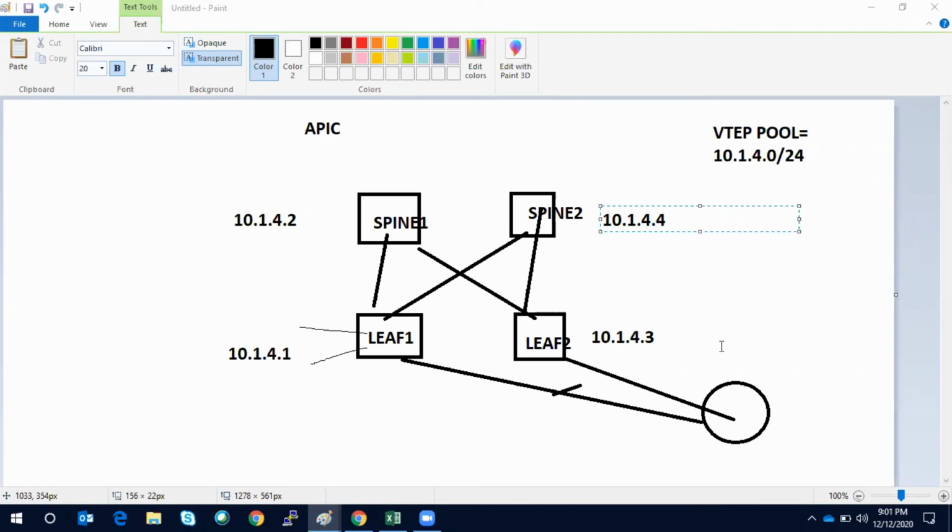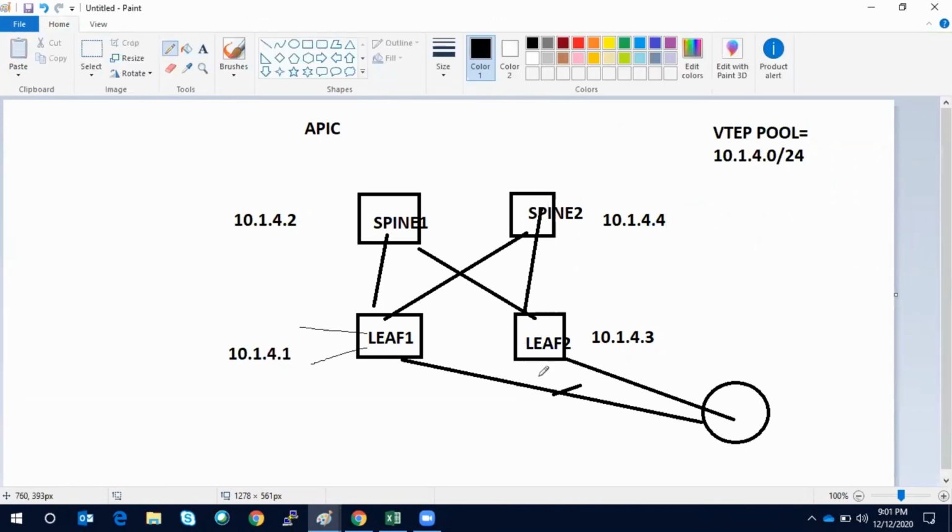So when the EPIC boots with the initial configuration having LLDP and DHCP enabled by default, first it will discover leaf 1 because it is directly connected and this link is active. It will give one IP address from this VTEP pool.